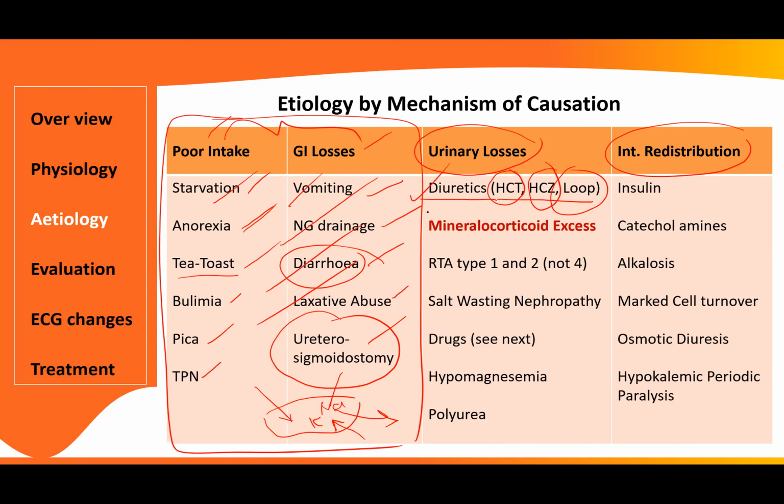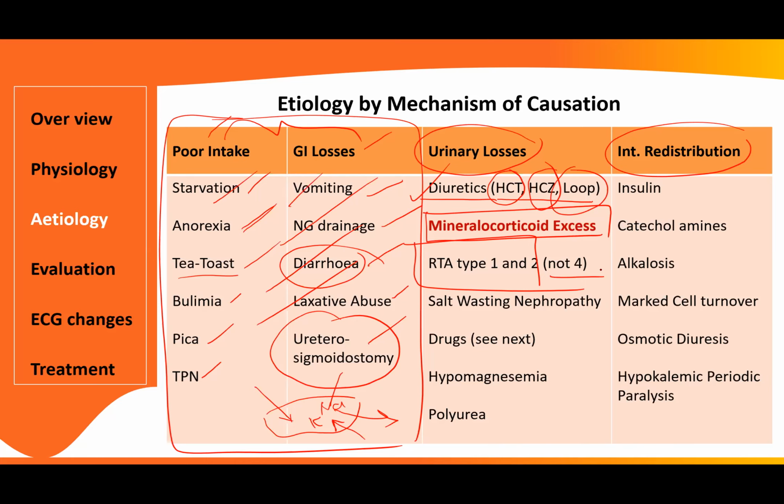Okay. Mineralocorticoid excess. This will require some investigations. We will see in the next slide. And also this is a typical renal tubular acidosis. We have already discussed at length on this topic. Type 1, type 2, type 4 and all that. Type 1 and type 2, as we have seen there, are associated with potassium loss. Of course, not type 4, which is called hyperkalemic renal tubular acidosis. The name itself is hyperkalemic and not hypokalemic.